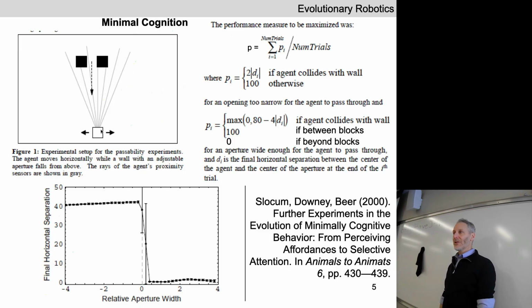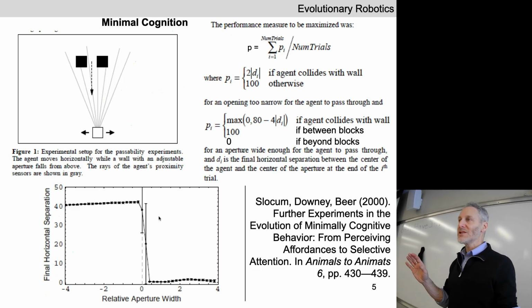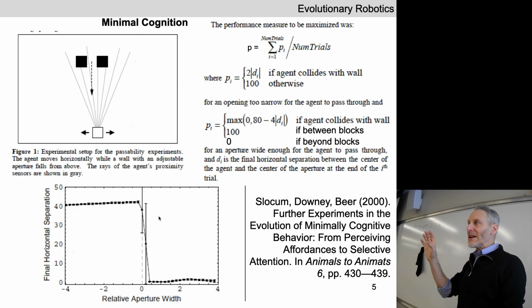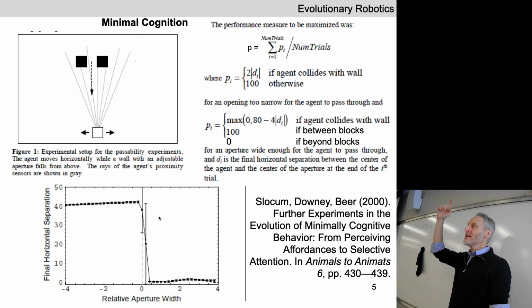Remember, an evolutionary algorithm is a satisficer, not an optimizer. We're never promised to get back a C-tern that gets a perfect score. It's very close to 100. So what does that C-tern cause the robot to do? In all the minimal cognition experiments, we're going to see visualizations of the champion, the C-tern with the highest p-value ever found. Okay, so imagine we take this C-tern and we drop it back into the agent,